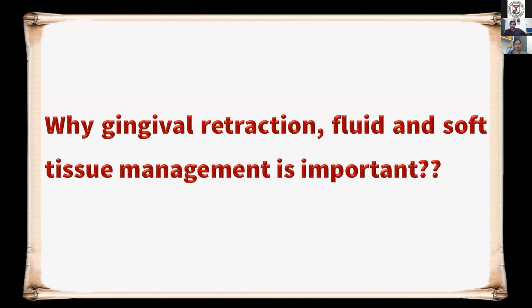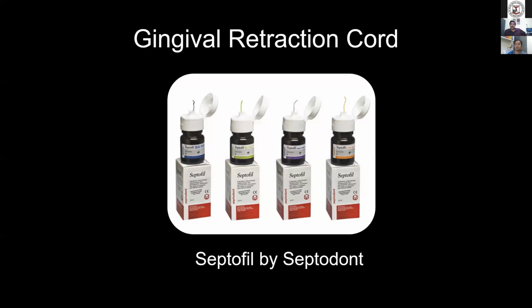First, we'll see about the gingival retraction. And gingival retraction is the procedure of temporarily opening the gingival sulcus to get access for the impression material. For this, we have innumerable materials and techniques available now. Example, gingival retraction cords, X-Pacil, magic form cord, retraction capsule by 3M, etc. And there are mechanical methods or chemomechanical methods of displacing gingiva.